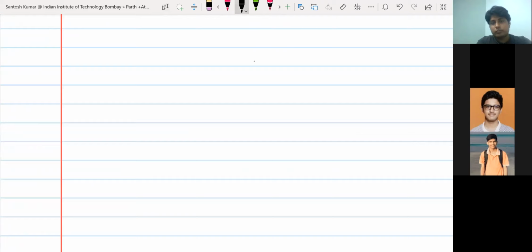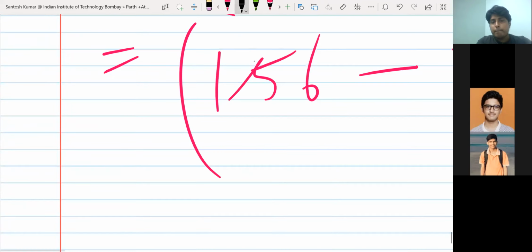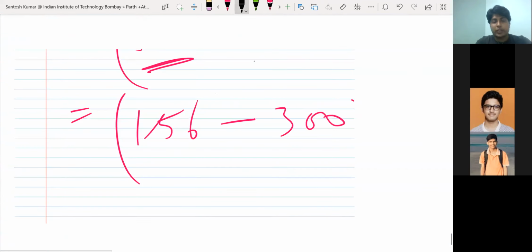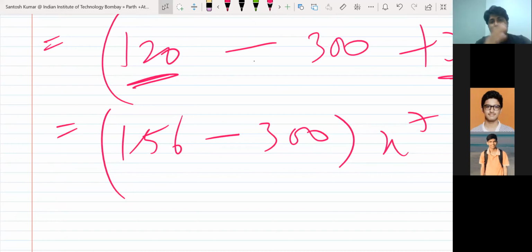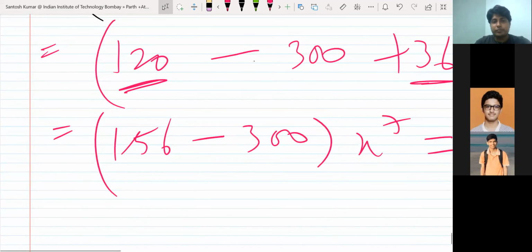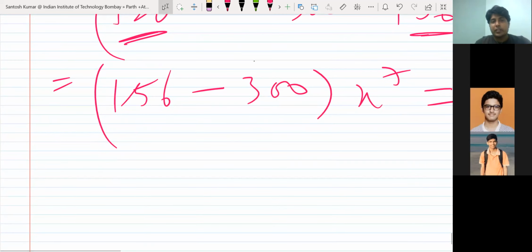Sir, how can we expand if there are 3 terms? Similar way you can think of. So you take the powers which contribute some 7, like 1 4 2, like this. No, 1 2 then 4. So you have to multiply like this. Okay. You have to make the triplet. I mean triplet of the powers. So x raised to power 1, x raised to power 2, x raised to power 4. So that sum will be 7. So like this.